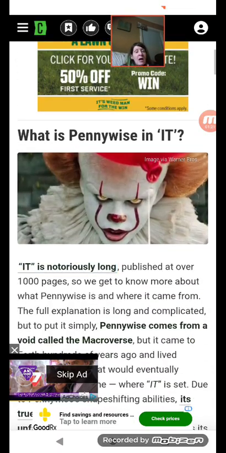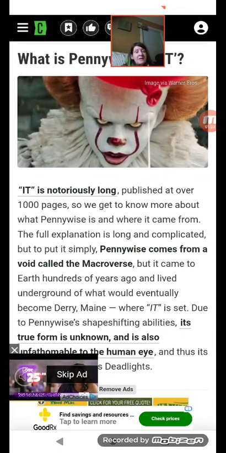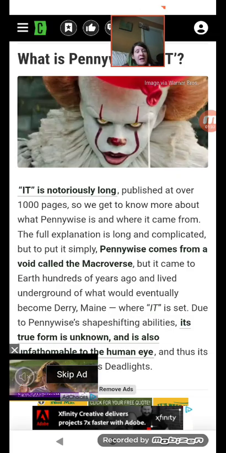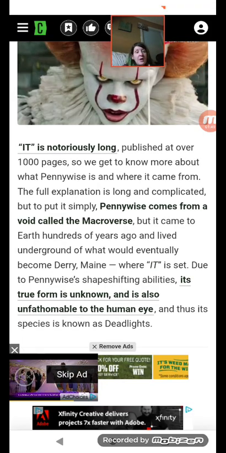What is Pennywise in It? It is notoriously long, published at over 1,000 pages, so we get to know more about what Pennywise is and where it came from. The full explanation is long and complicated, but to put it simply, Pennywise comes from a void called the Macroverse. But it came to Earth hundreds of years ago and lived underground of what would eventually become Derry, Maine,